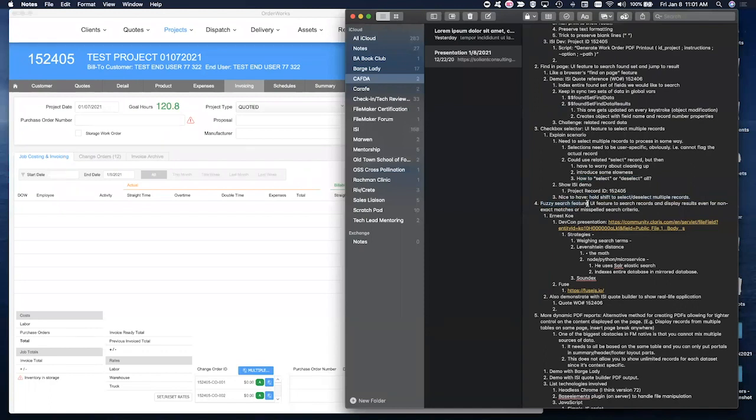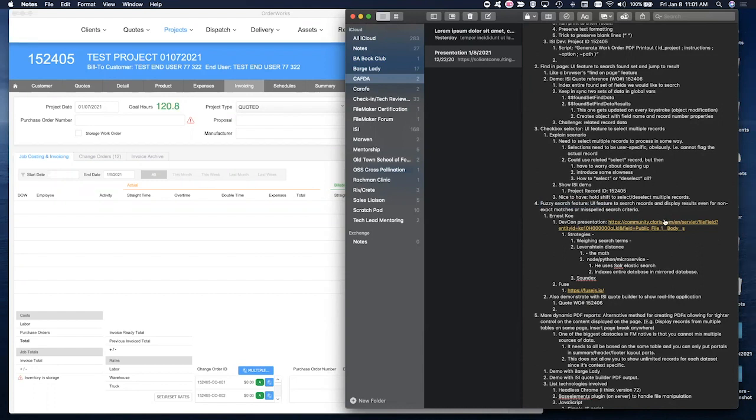Okay. See that one. So I think I may have mentioned this in other CAFDA meetings. I'm not sure if I actually showed it. Maybe we showed it briefly, but I think it's a pretty cool feature that I don't think I've completely nailed down yet, but I think I got a working demo that I've actually used with this client, so I can show you that live demo too. But okay, fuzzy search feature is